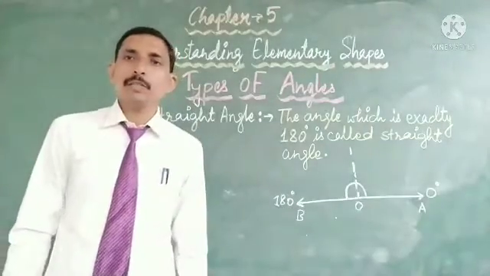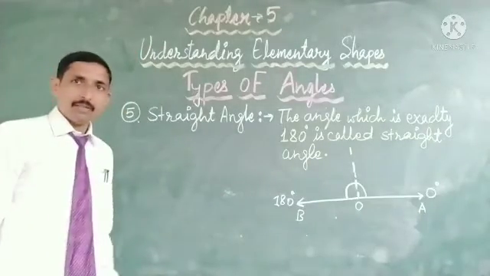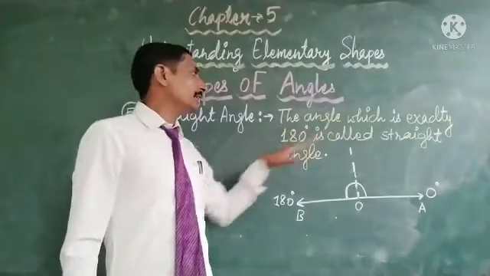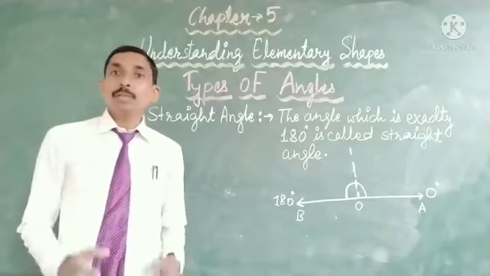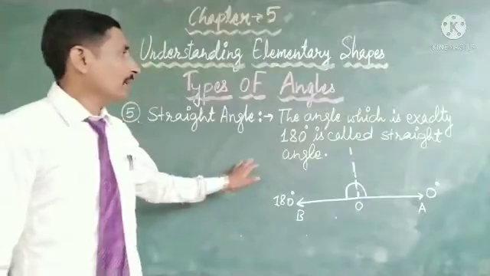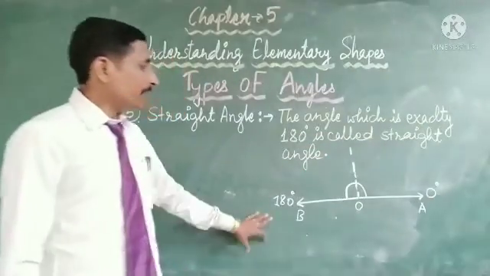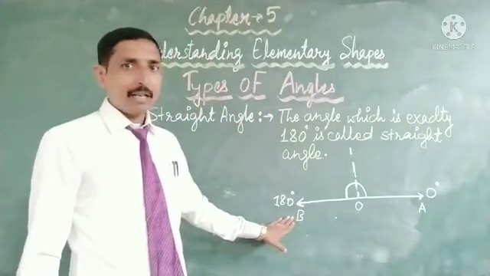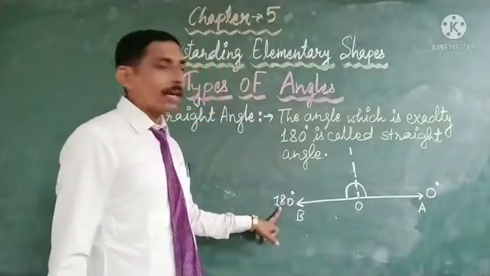Okay, my dear students, our next type of angle is straight angle. So what do we mean by straight angle? The angle which is exactly 180 degree, or the angle whose measurement is exactly 180 degree, is called straight angle. And you see in the figure, angle AOB is a straight angle because the measurement of angle AOB is 180